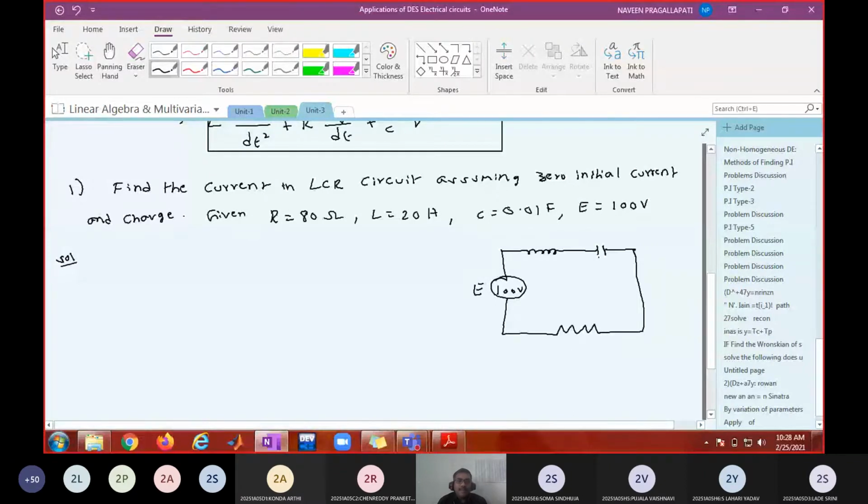So this is E, 80 ohm, and C is 0.01, and this is the capacitor, right? L is 20 henries. Okay. So by Kirchhoff law,